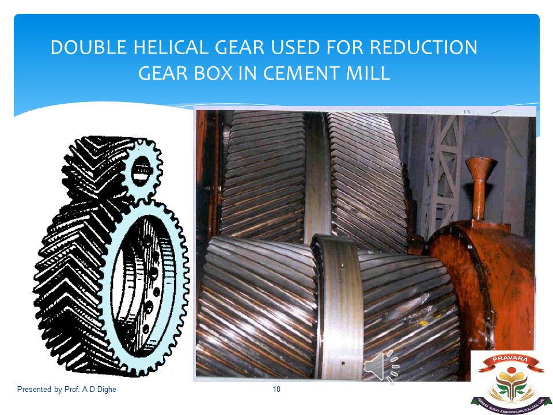In case of helical gear, the angle of teeth, that is the helix angle, is responsible for production of axial thrust, which will reduce the efficiency of the helical gear. Now to decrease the effect of axial thrust, we can use the double helical gear. Now in this particular slide, the gearbox which is used in the cement mill, which is having the double helical gear as a reduction unit, is shown.